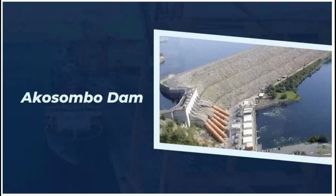The construction of the Akosombo Dam resulted in the flooding of part of the Volta River Basin and its upstream fields, and in the creation of Lake Volta, which covers 3.6% of Ghana's total land area. Lake Volta was formed between 1962 and 1966 and necessitated the relocation of about 80,000 people, who represented 1% of the population. People of 700 villages were